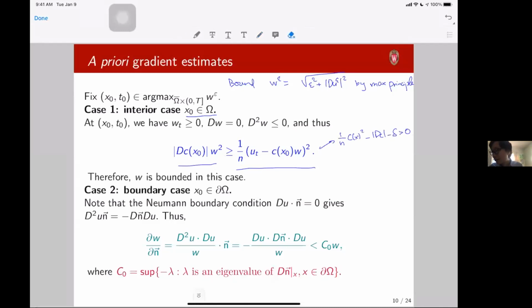Okay. Now we're going to feel the curvature if we are on the boundary. So the second case, of course, we cannot get rid of. So we have to consider the case that x naught is on the boundary. So what happens if the maximum occurs on the boundary? Typically the way we handle this situation is that if the maximum occurs on the boundary, we're going to try to actually push it in, right? So we're going to try to sort of draw a